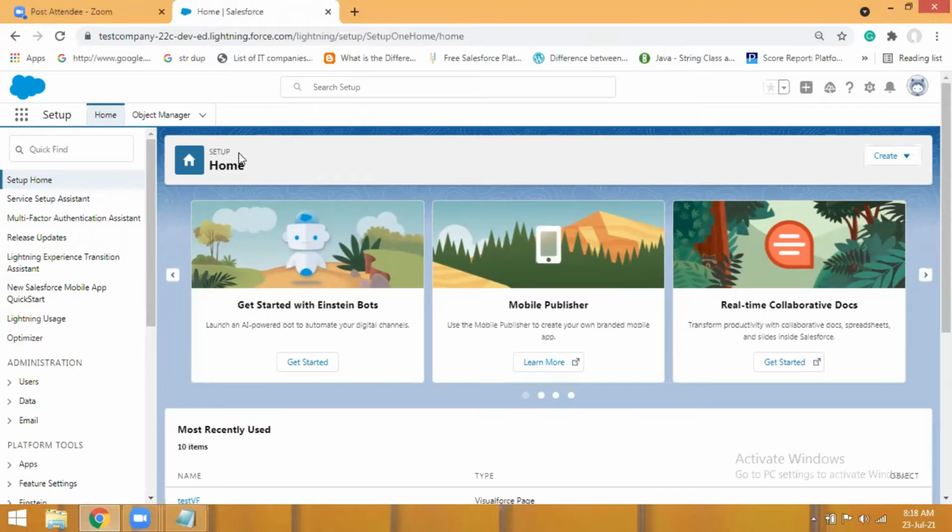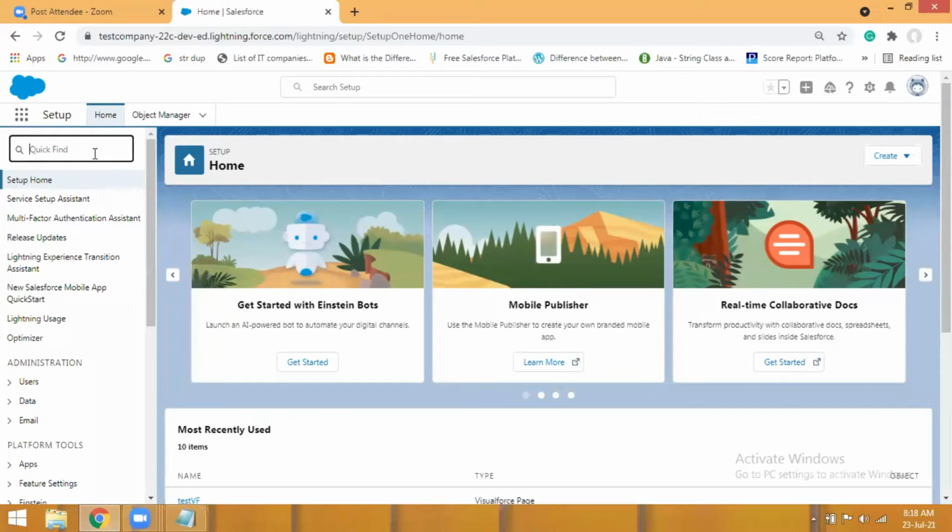Whenever a new requirement comes, first you try to identify whether that requirement can be satisfied using point and click tools. If yes, you should always go for point and click tools, because that reduces the development time, and at the end the thing that you want to build can be built in a short amount of time. That's the benefit of the point and click tools.